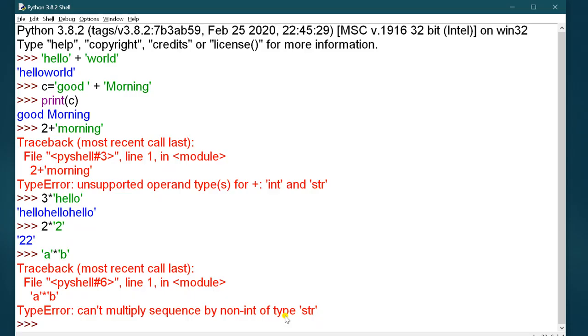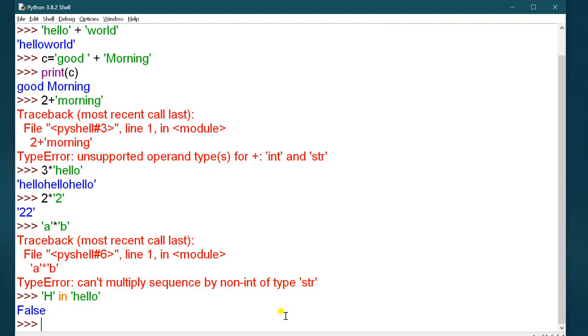Now I am showing you the working. For example, if I write H in hello, it will give you false, because here I have written capital H and it is checking capital H in this string.